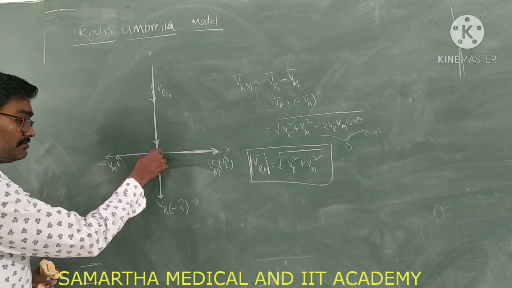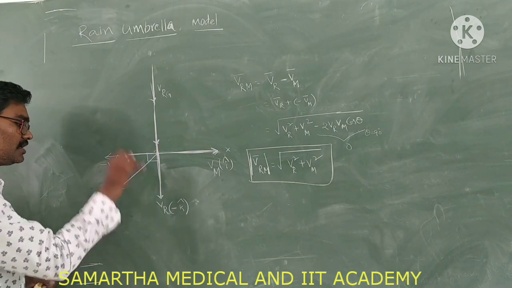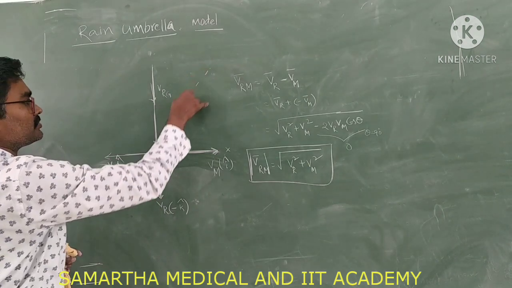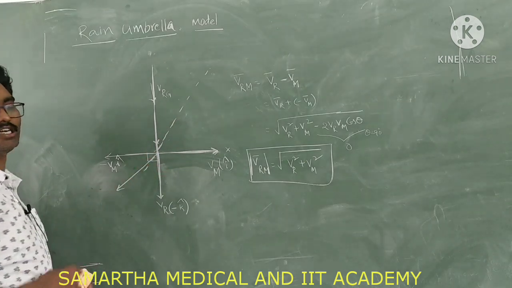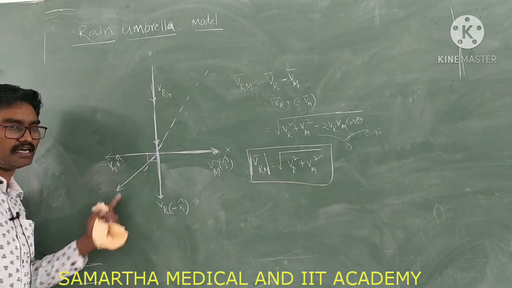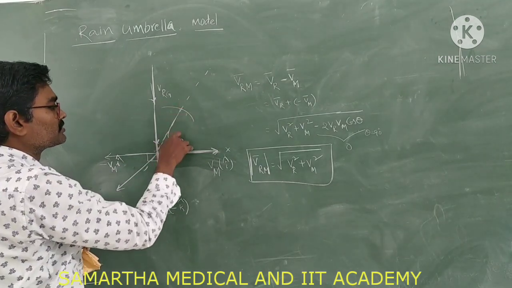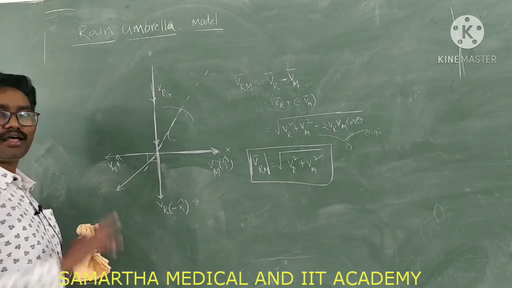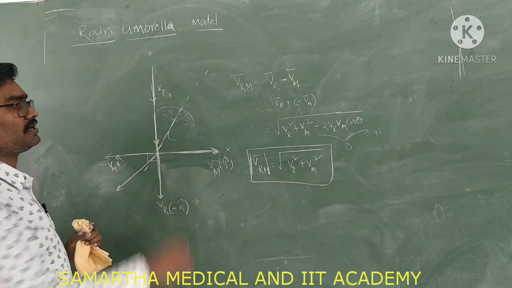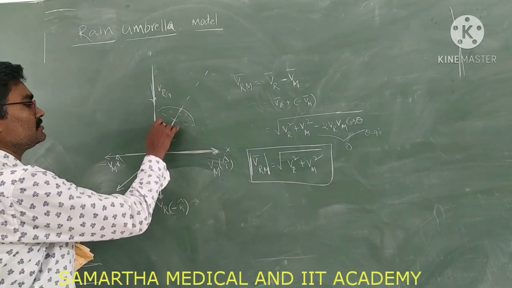So in which quadrant does it come? This is one vector, this is another vector. The resultant will be in this direction. Correct? So that means rain appears to fall for him in this direction. So in which direction does he have to hold the umbrella? In the direction opposite to the rain, he has to hold the umbrella. Correct? Now, with the vertical, how much of an angle does it make?